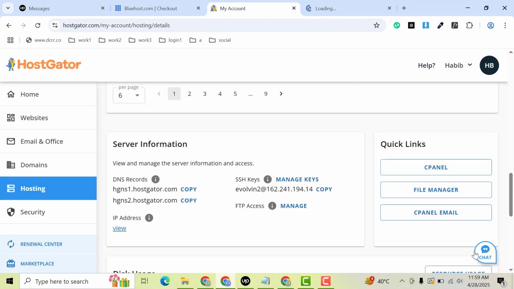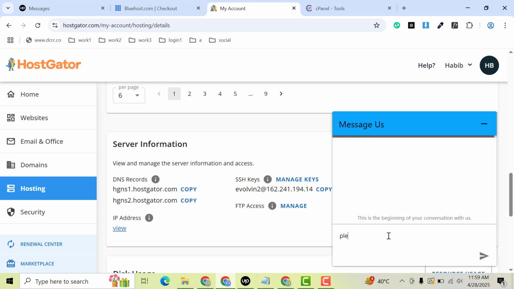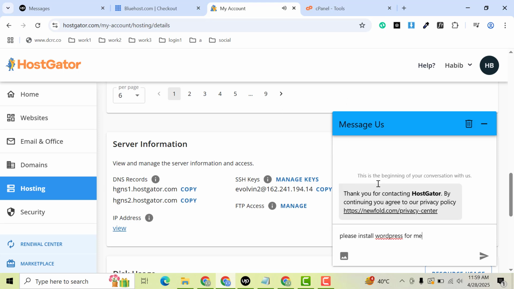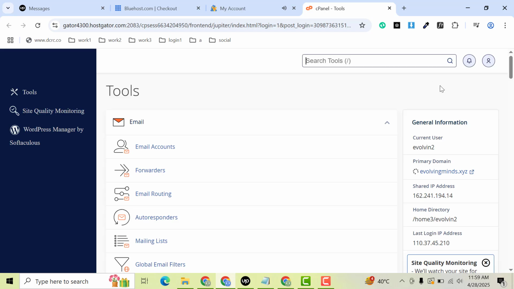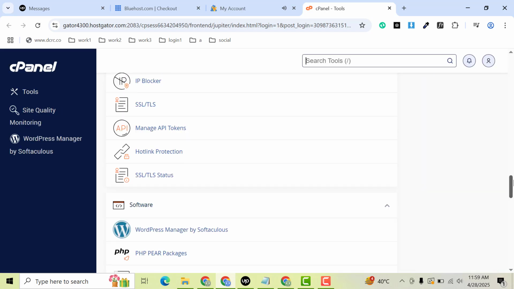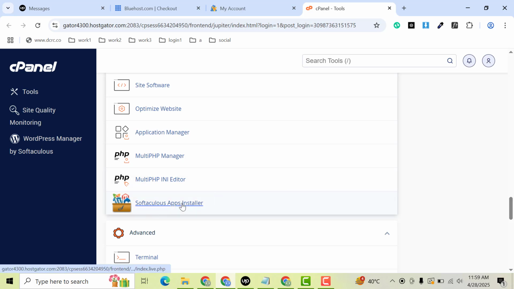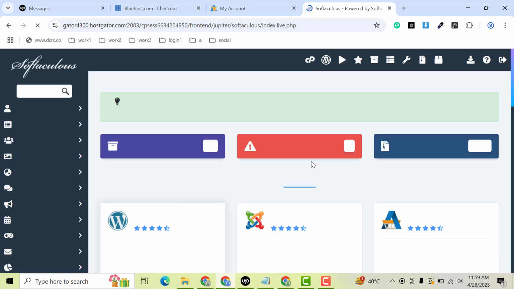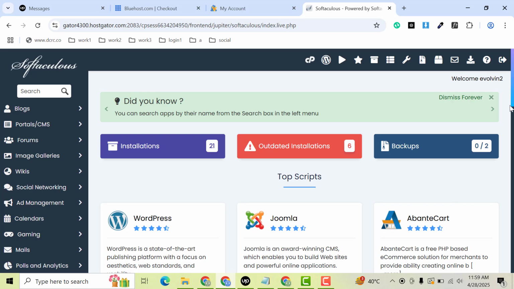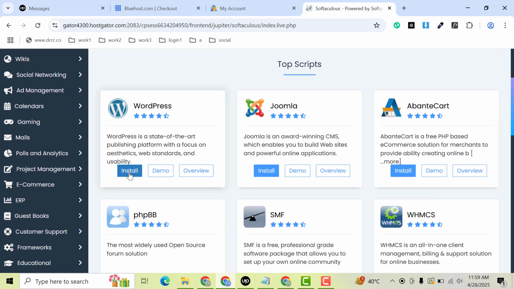If you don't know how to install WordPress, then you can go live chat and ask them, please install WordPress for me. So this support team will install WordPress for you. And if you want to do it yourself, just you can go here, and after that you will find app installer. Then scroll down, click on install button,